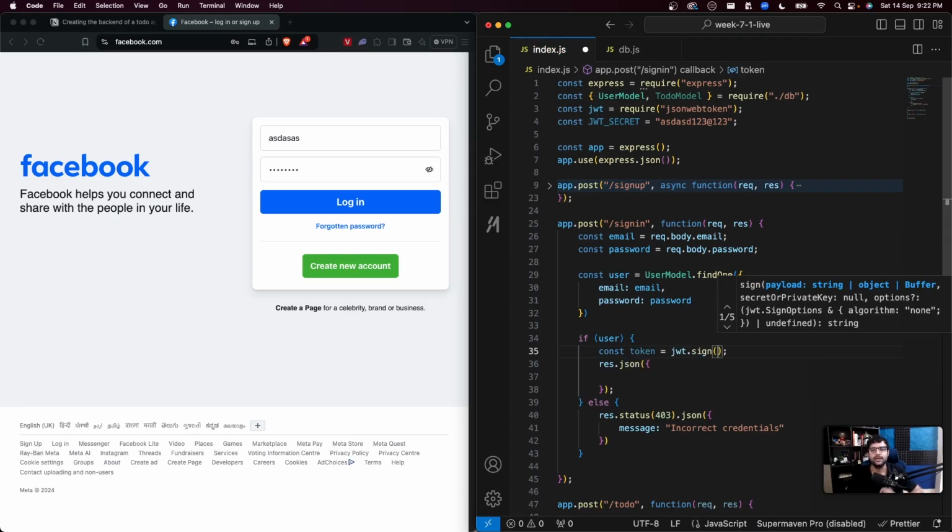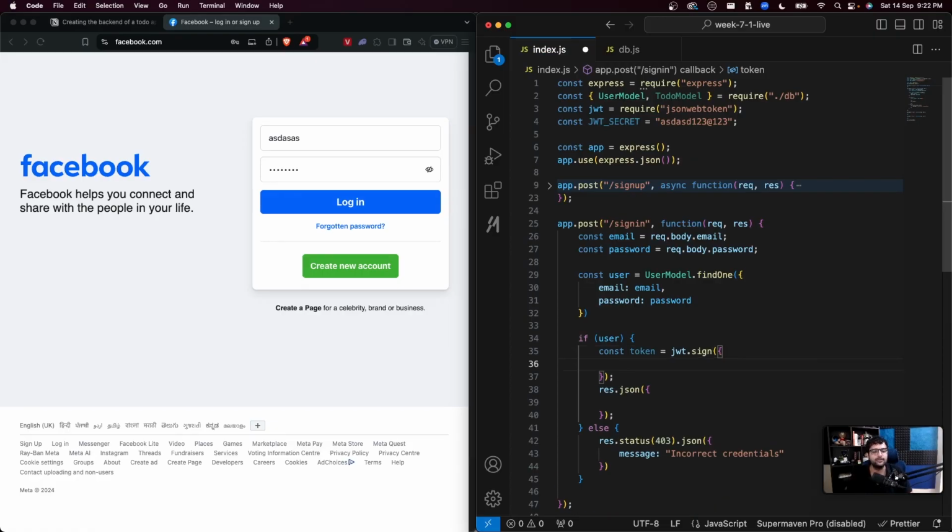jwt.sign. I will sign a token using the JWT protocol whose payload will be what? What will the payload of this be? What do you want to store? What JSON data do you want to store here? Last week we were storing the username. This week, what do you think we should store? How can you uniquely identify a user? Using their ID. So I will store